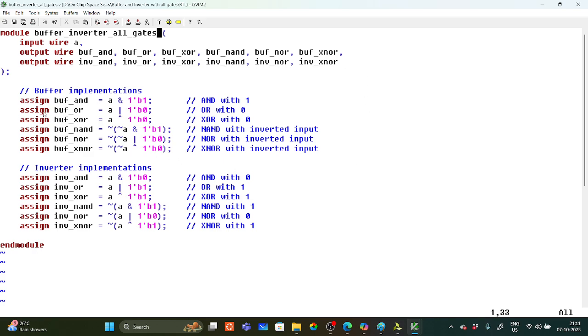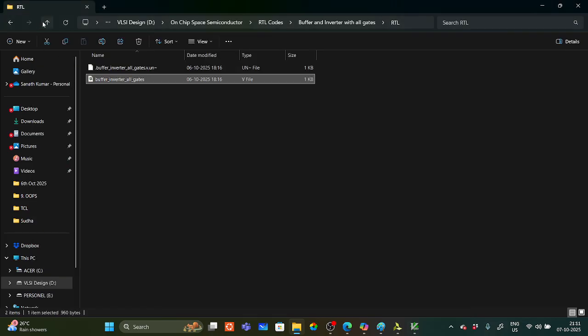Okay, so for AND gate, buffer is possible, no, for buffer is possible, but inverter implementation AND gate and inverter is not possible, but we'll see. Okay, so whatever I told, that means for AND gate OR gate buffer is not possible, and for NAND gate inverter is possible. Okay, so NAND gate inverter is possible, like that. I can write the program, and this is for I'm using data flow modeling and assign, and with the expressions I'm writing. Okay, and this one is test bench